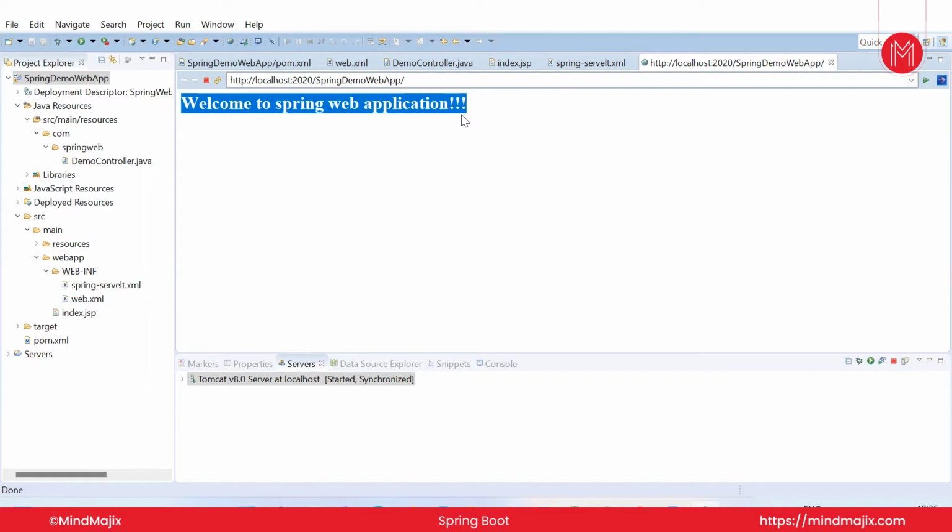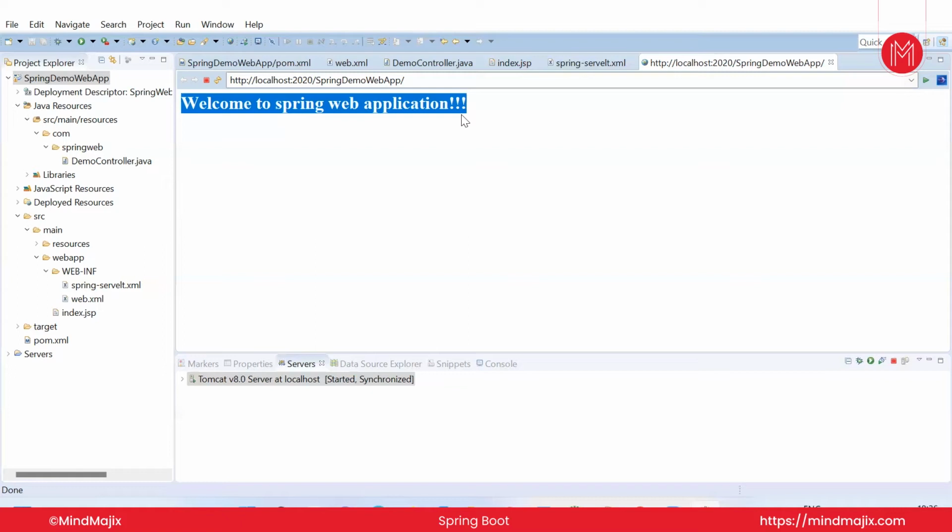And you need to create web.xml file. You need to create Spring configuration file. Okay. And we need to add some external server. With the help of server only, we are going to execute Spring Web Application. Even though for the simple, minimal task, we need to do a lot of work as part of Spring Web